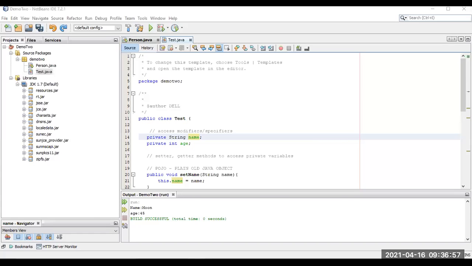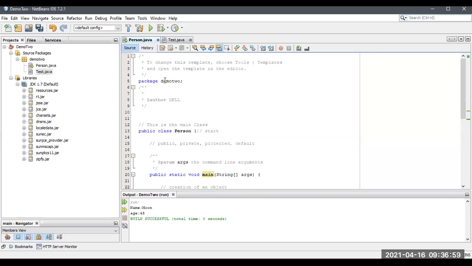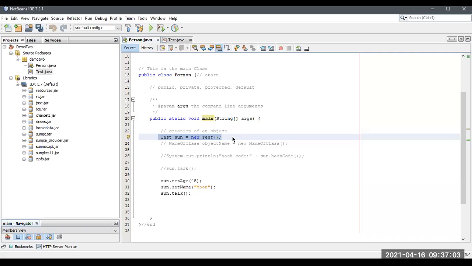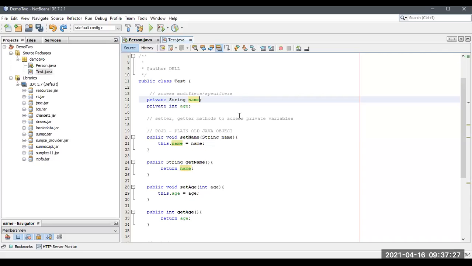Let me show you. Minimize this. So this object has been created for test.java. So when I created this, there is no need to call a constructor. What is a constructor? The constructor is mentioned with the same name as the class. Let me declare a constructor inside the test class so that you will understand.